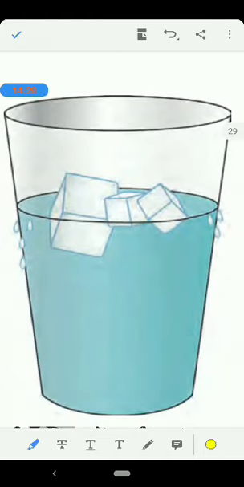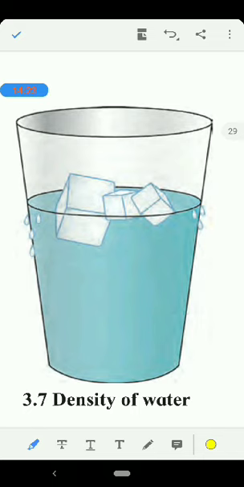In the case of the second example, ice and water, see, ice is lighter than the water. Though it is made of water only, it is lighter than water. Why is it so? Because when water freezes to form ice, it becomes lighter than the original liquid. When water freezes, that is when it transfers into the solid state, its volume also increases. We have discussed the same in the bottle example, its volume increases. Therefore, the density of ice will be less than that of water. That is why ice will float on water.